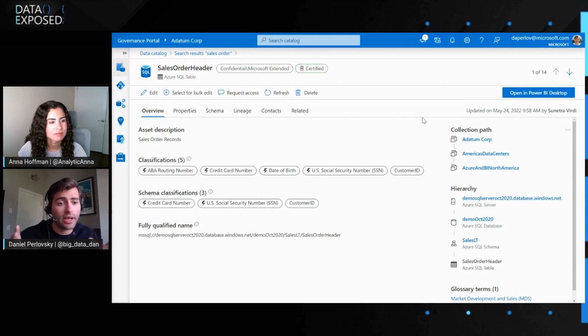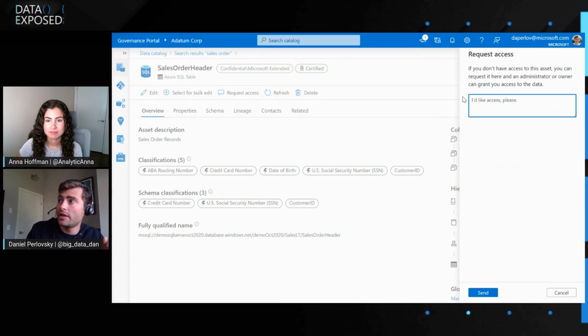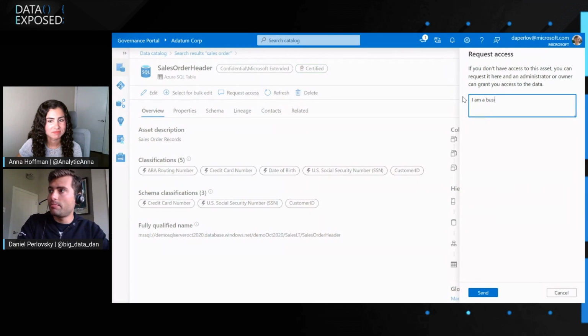So Microsoft Purview is currently in public preview, but we have workflows enabled as well. If you see here, we have this request access button. I can click this, and this will allow me to reach out to the administrator, give my business justification, and connect me directly with who that owner is. All of these workflows can be set up within Purview itself. So let's say I am a business analyst who is looking to use this table to